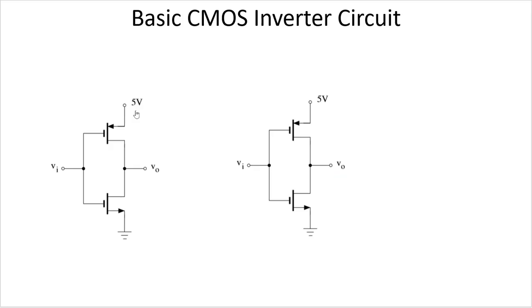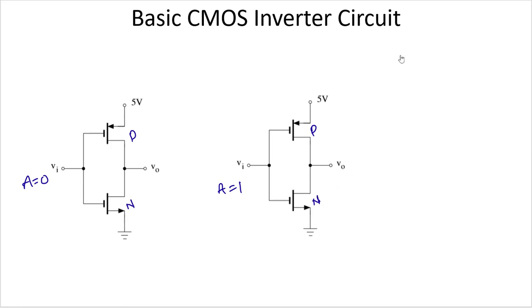So, very good morning. Today we will see how to construct a basic inverter circuit using CMOS transistor. You can see here these two are identical diagrams to explain the CMOS NOT gate working when input is 0 and when input is 1. And this is PMOS transistor, this is NMOS transistor.